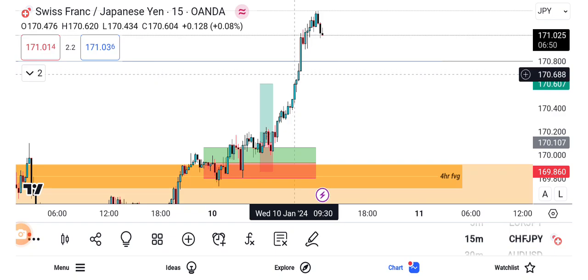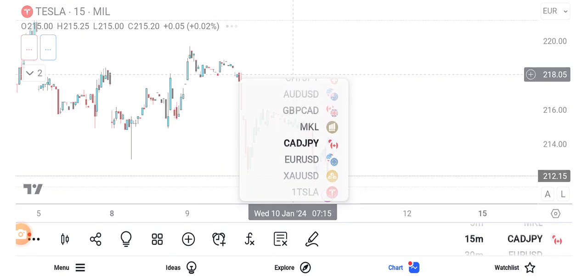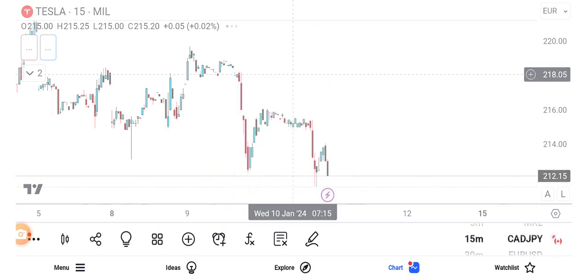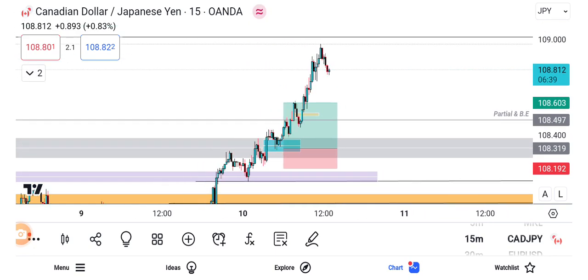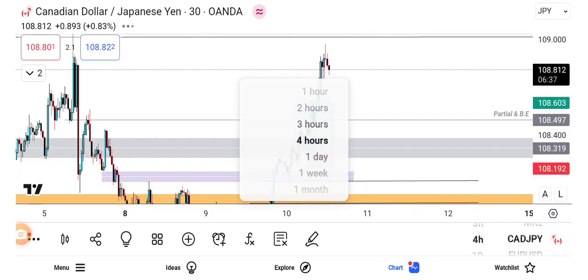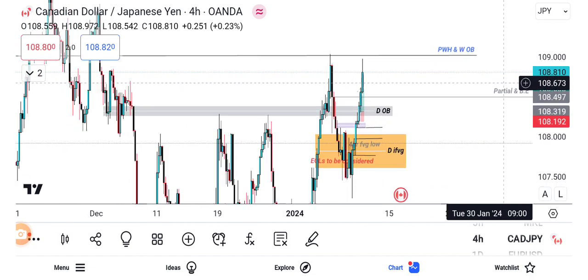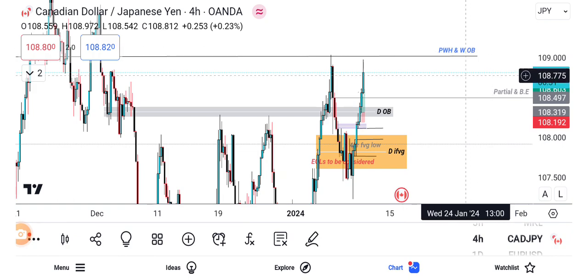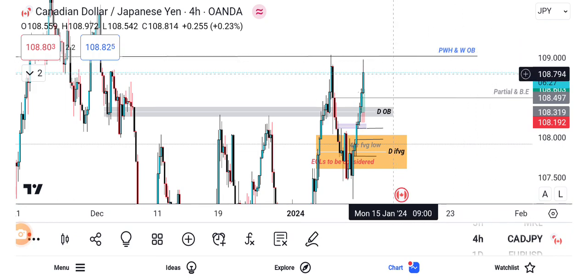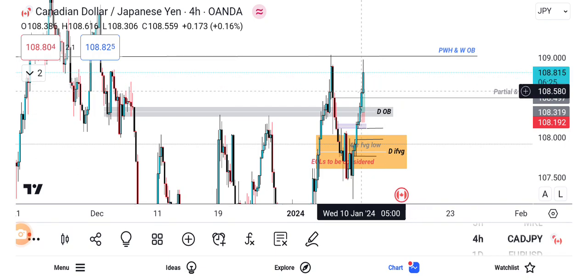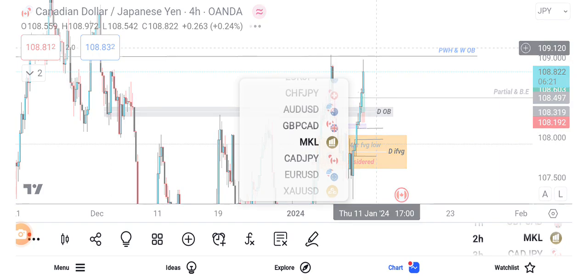So something else I want to talk about is going back to my trade, my major trade. The major trade I was looking at today is, sometimes you can see, let's go back to the higher time frames. This was the draw on liquidity, previous week's high, the weekly order block, right? This is the draw on liquidity for me, right? But you can see over here what has happened. The market has not yet tapped into it, but from the 1 hour time frame,